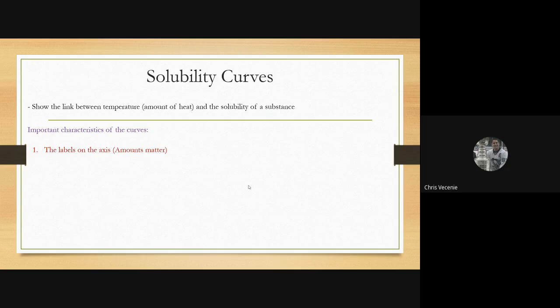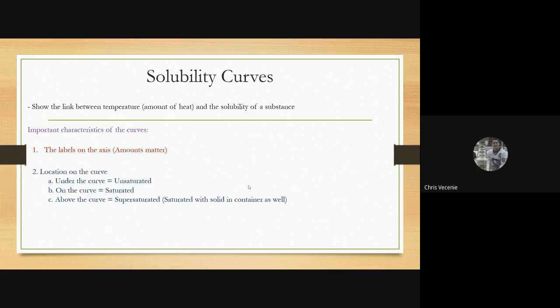Thing number one is, what are the labels on the axes? You've got temperature and you've got solubility, but what is the amount of solute? What is the amount of solvent? Those things will affect how you read the curve. Number two,